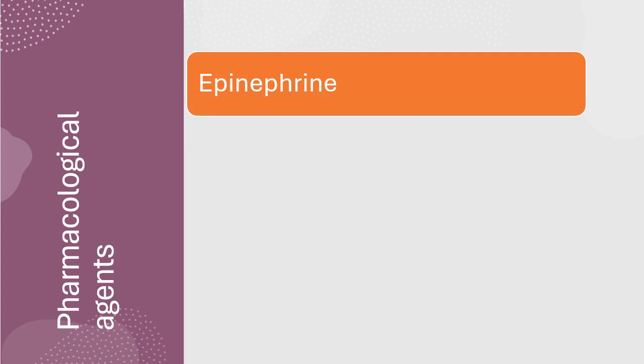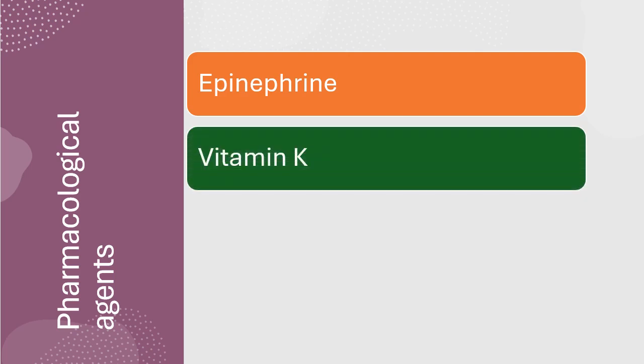In the pharmacological agents, the primary pharmacological agent is epinephrine. This causes vasoconstriction and increases the heart rate. It can be applied topically or injected with local anesthesia. Cotton or gauze impregnated with solutions of ratio from 1:100 to 1:10,000 epinephrine. And the second one is vitamin K, which is administered preoperatively to reverse the effects of warfarin